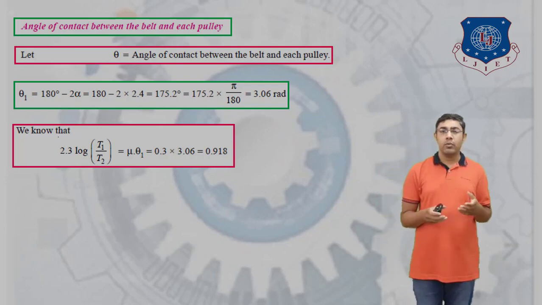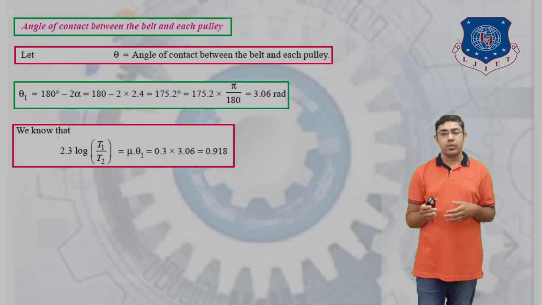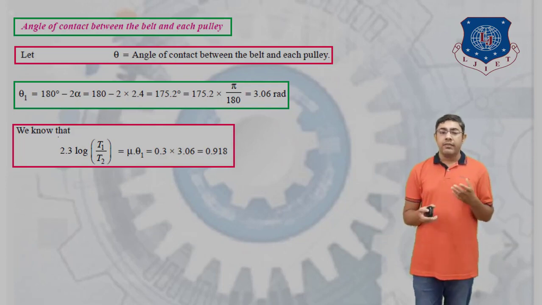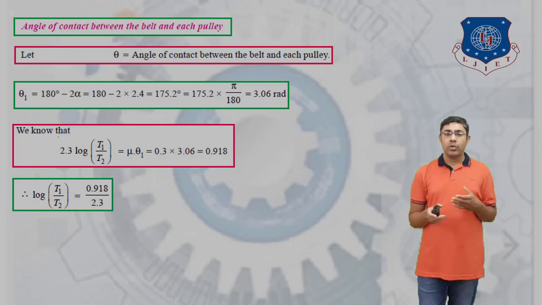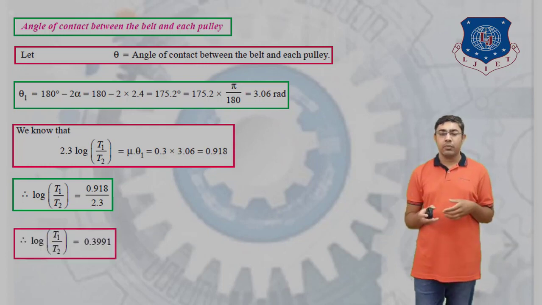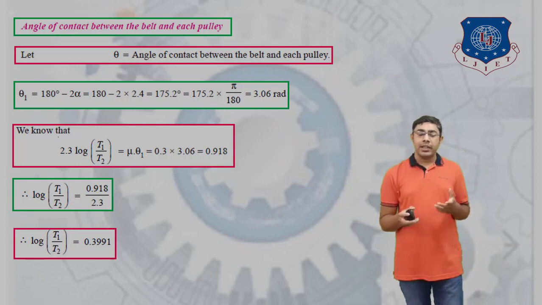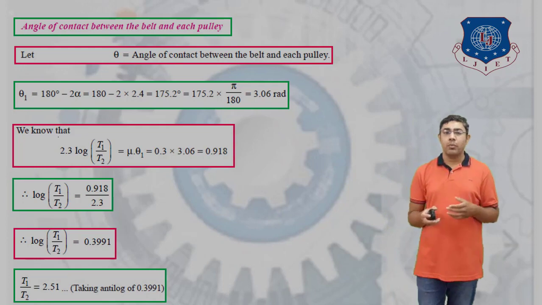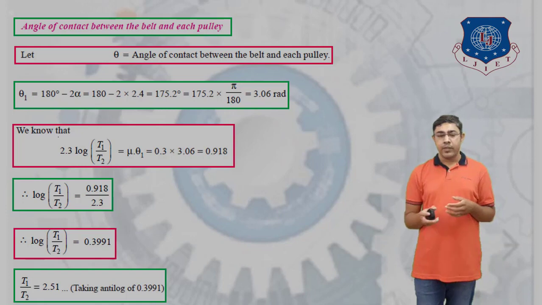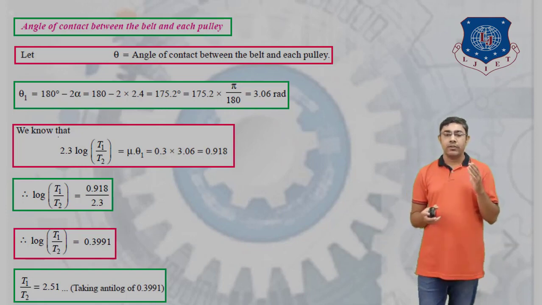So we get 2.3 log(T1/T2) = 0.918, and if we further simplify this, we get log(T1/T2) = 0.918 divided by 2.3, which is equal to 0.3991. If we take the antilog of this value, we get T1/T2 = 2.51. So here we get the ratio T1/T2 = 2.51, and we also have one equation,